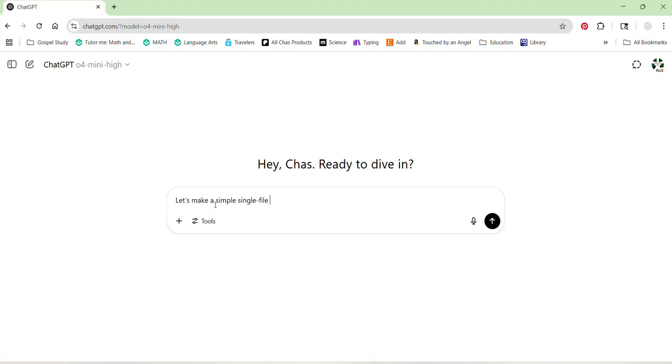I can never think of the term, but a single file HTML game. And I know it uses JavaScript, but I'm unclear about the difference between JavaScript and HTML. I think JavaScript is maybe the language that HTML uses or something. Whatever. But let's make a simple single file HTML game that is like the old